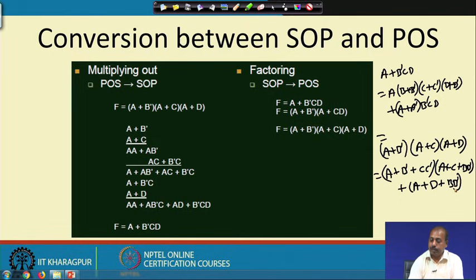Then that is not the end, because after you have factored this out, you have terms like a plus b bar plus c into a plus b bar plus c bar, plus the other terms that I am not writing here.